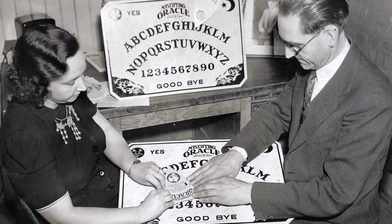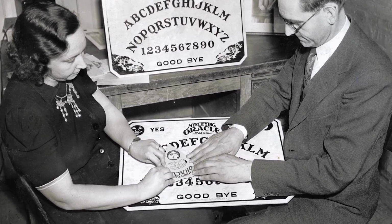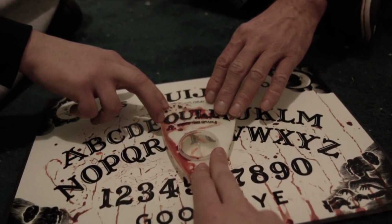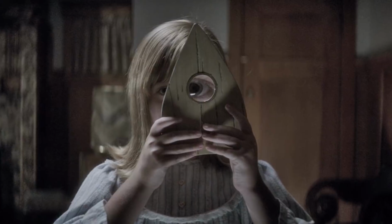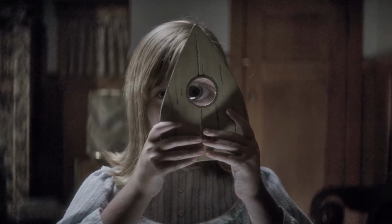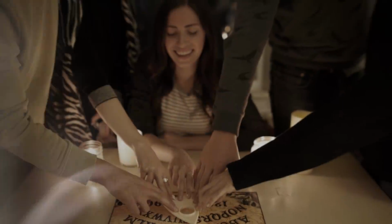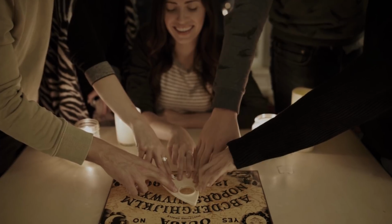Despite a few minor changes over the years, the general layout of the board has been pretty standard. A board with complete alpha and numeric lettering, along with basic words for simple communication. A planchette is then used to link these characters and words together, in a way to directly communicate with spirits. Often, a group of people will gather around the board, each with a hand on the planchette as it moves